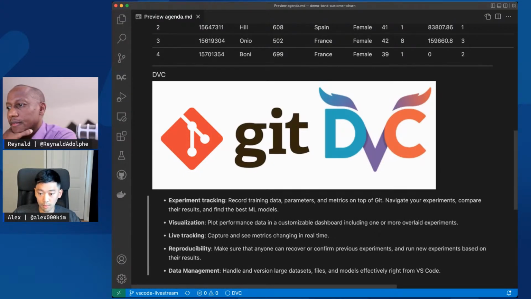And with the DVC extension, as we'll see in a few minutes, you also have those capabilities to visualize what's happening. If any of you in the audience work with deep learning models, you'll know that it takes quite a bit of time to train a deep learning model, hours, sometimes days. So you want to be able to peek into what's happening with the training process while the model is training. So the extension also provides you the ability to live monitor the performance of your model.